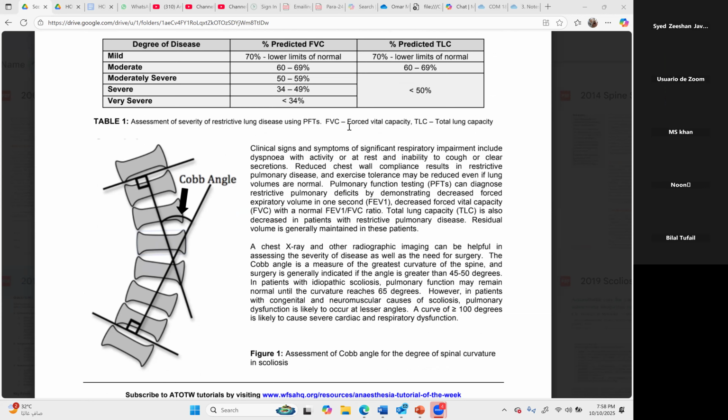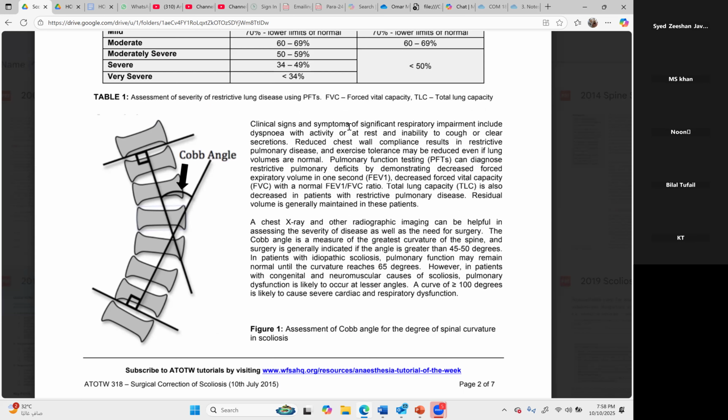So that's how you can measure the Cobb's angle. This they can ask you still. If Cobb's angle is high, there is more morbidity associated with it. And pulmonary function test, as I told you, there you see, until the curvature reaches 65. However, in patients with congenital neuromuscular causes of scoliosis, pulmonary dysfunction is likely to occur at lesser angles. So that is what, that whenever there is a congenital anomaly, if it is congenital, the choice of paralysis is of,